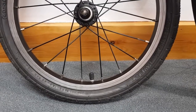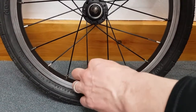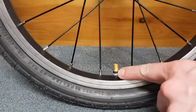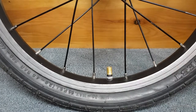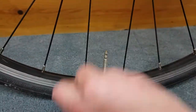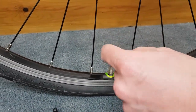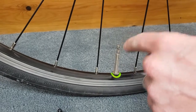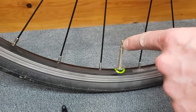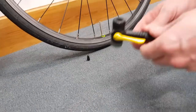You'll have one of two different types of valve. First one is called a Schrader. If you take the cap off, that's the same as you'd find on a car tyre. Or this one, which is called a Presta. Looks like that. It's got a second threaded section that you need to unscrew anti-clockwise to allow you to actually pump air into it. So you're going to need the right type of pump head for the type of valve